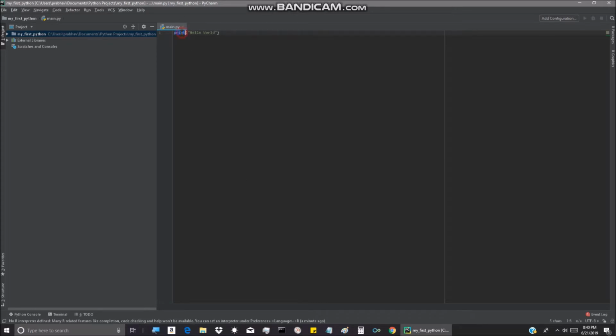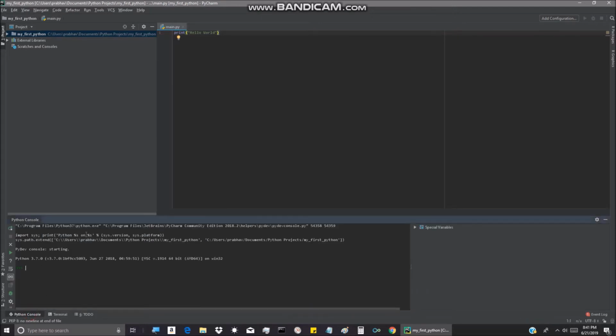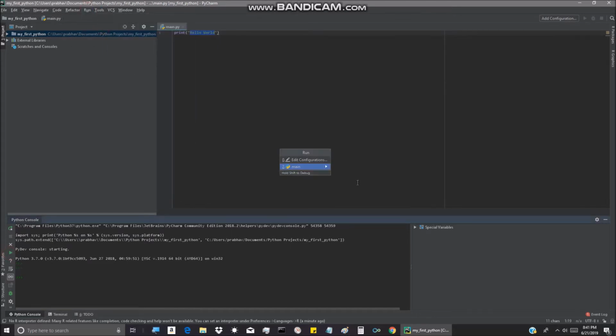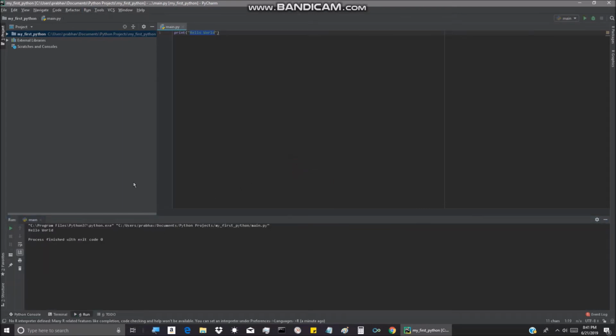What the print function actually does is it doesn't print out something, it actually just outputs something in the Python console. I'll open that right now. So here we have the print command, and it's going to output hello world in the console. I can show you that by running our program right now. So let's go to Run, click Run, and click our main file in here, and here it outputted hello world in the console, as I said before,